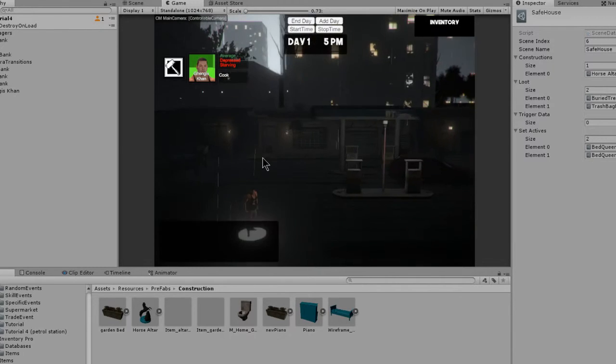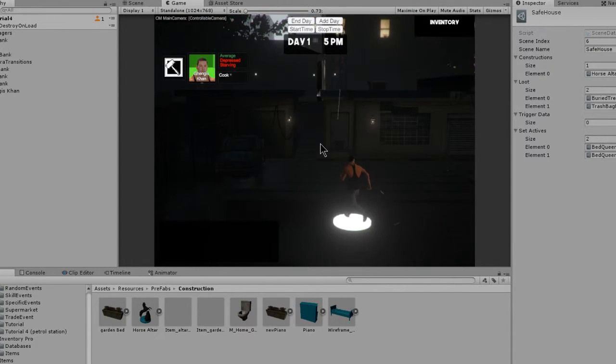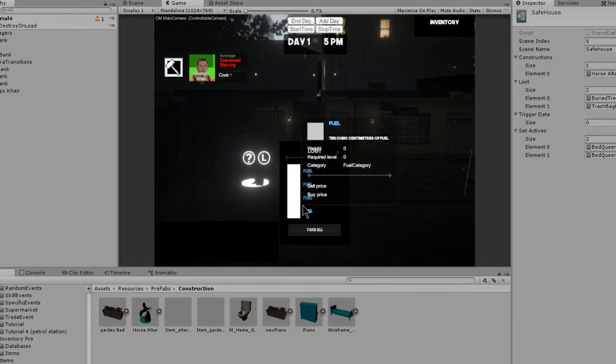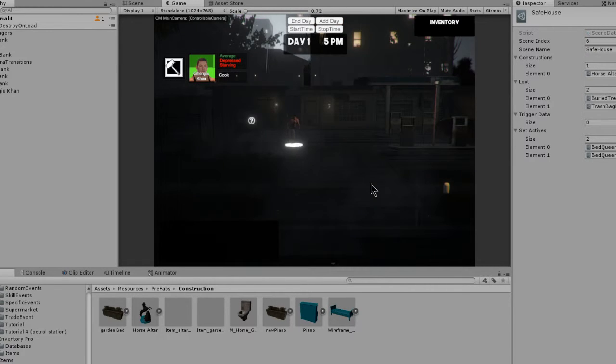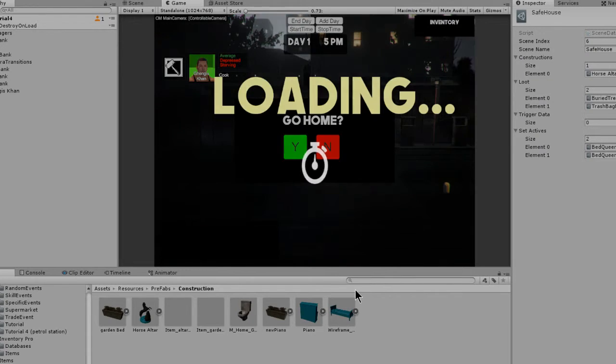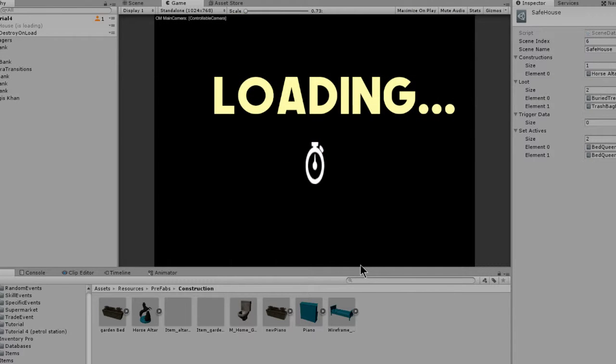So this is the tutorial 4 scene. I've just loaded it because it's fairly quick. I'll show you here, you can loot an entire object. It will hide the icon. Oops. So then when you return, that icon shouldn't even pop up. And now I've finished that